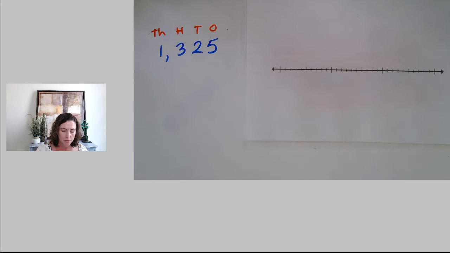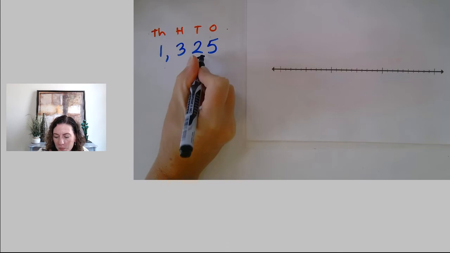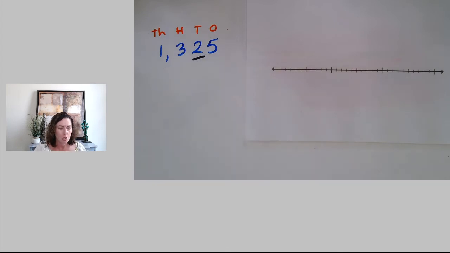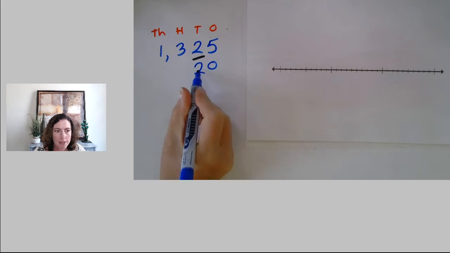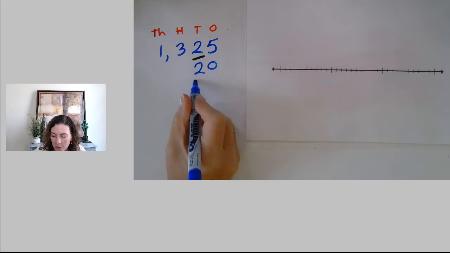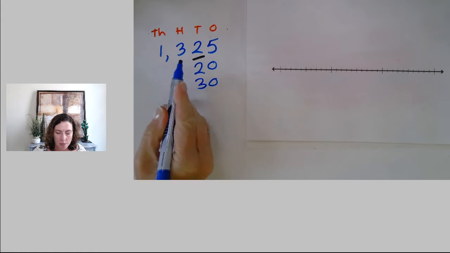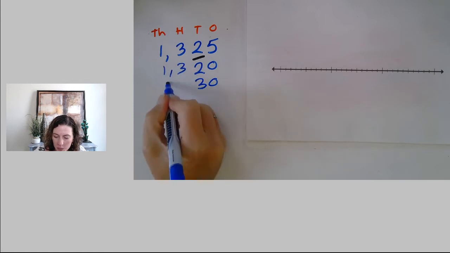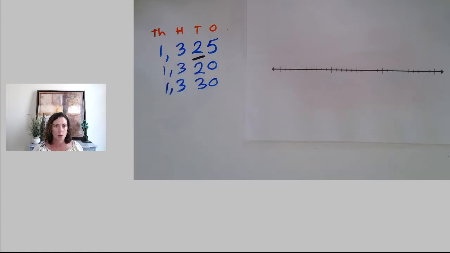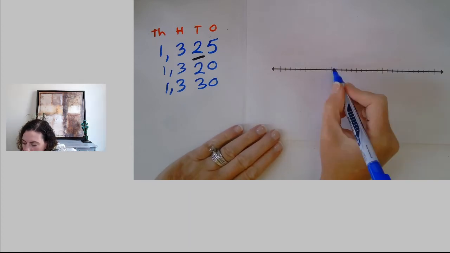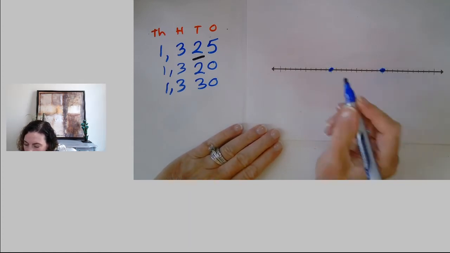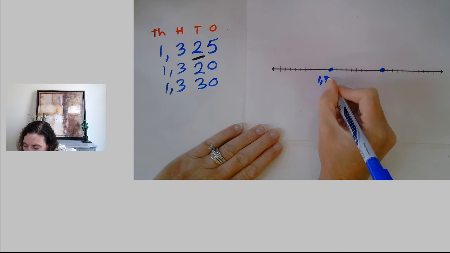We're rounding to the nearest 10, so remember, underline that number. It's 2. So our first 10 is 20, and our second 10, or the next 10, is 30. And then we keep these numbers the same in the front because we're still talking about 1,325. We're not just talking about 25. We're talking about this whole number here. So our beginning point and our ending point would be 1,320,